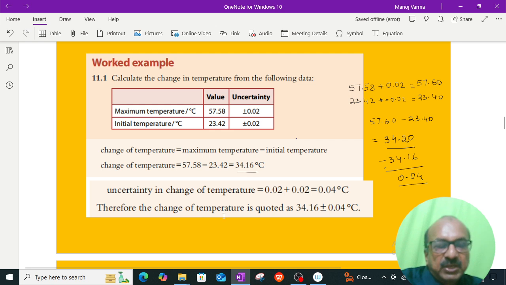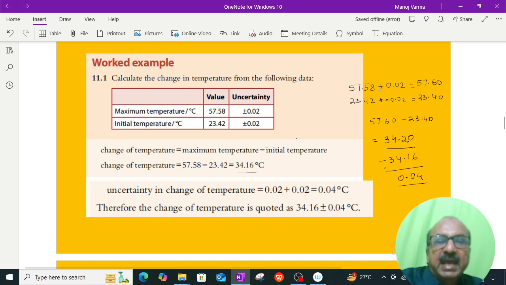So the change of temperature will be recorded as 34.16 plus or minus 0.04 degrees Celsius. Now, you might be wondering whether this is really true. So I will show you a discussion on this, which is generally not given in most of the textbooks or in videos. Suppose we measured the value of